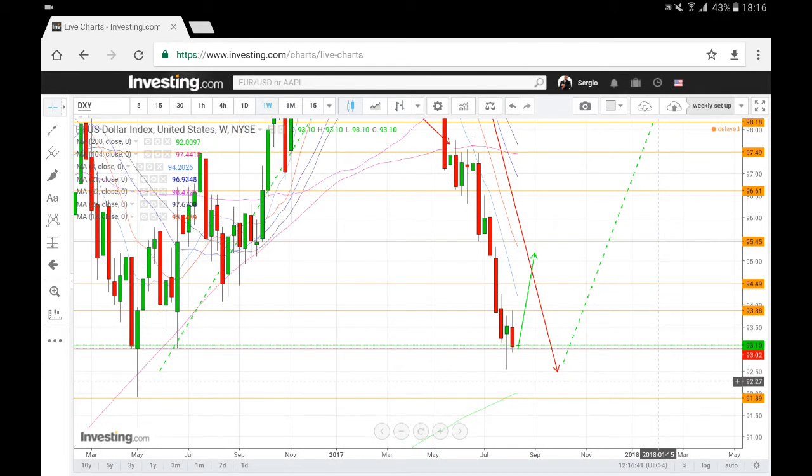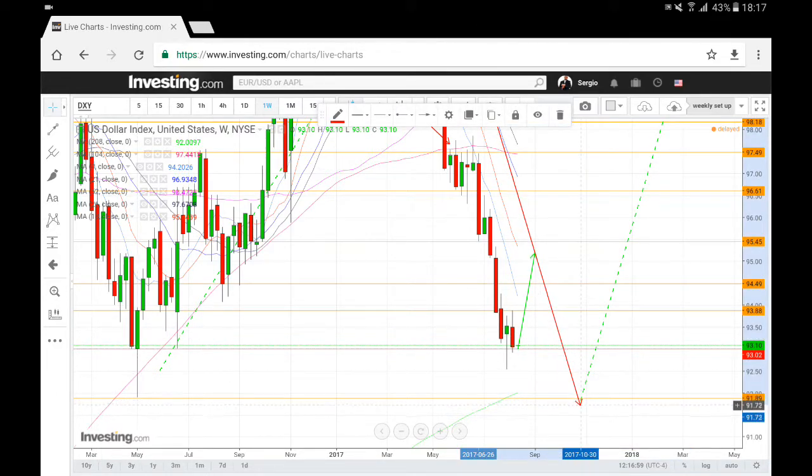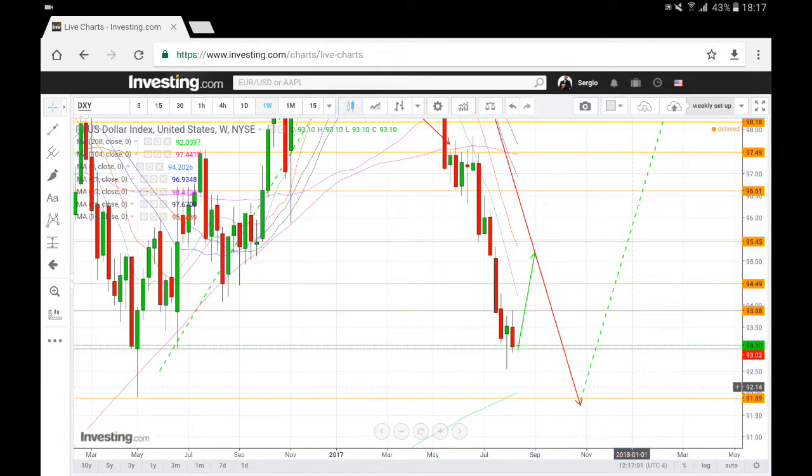Okay, you see over here we already have a huge spike. Remember over here that particular candle in 2016. We already reached the 91.90, so maybe we can come back here to retest those levels and bounce back from there, or maybe we can bounce, but now I'm expecting more sideways